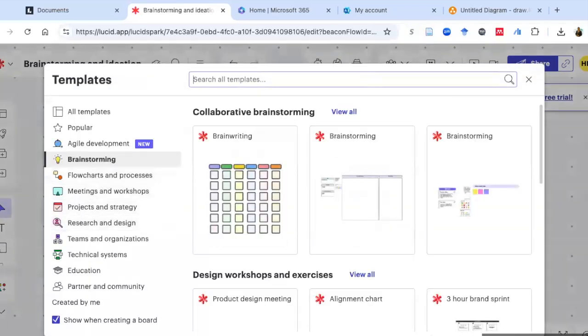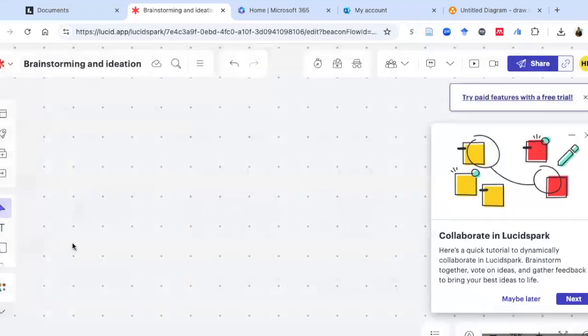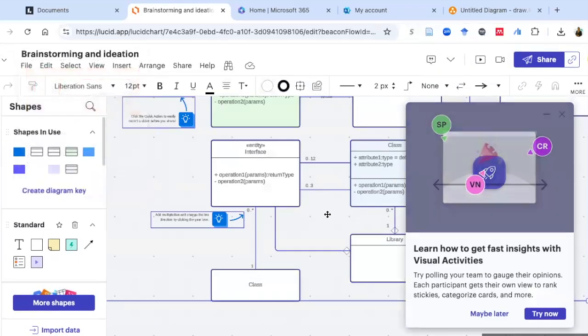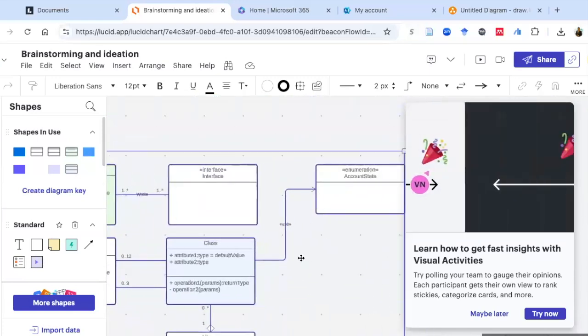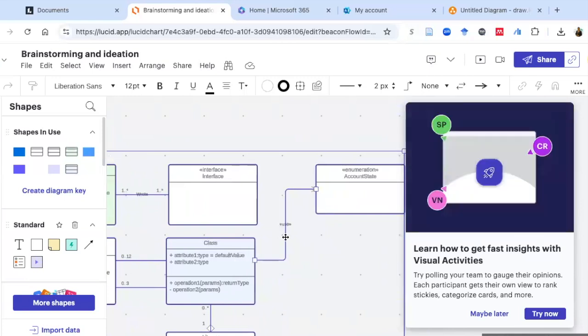I think if you search UML here as well, you can also see the UML. There are some predefined examples here, so you can just see. But the point is for this one, when you create the object, when you right click on the line,